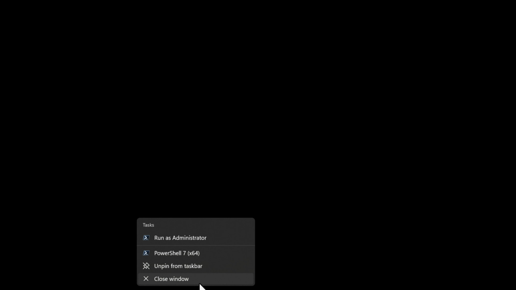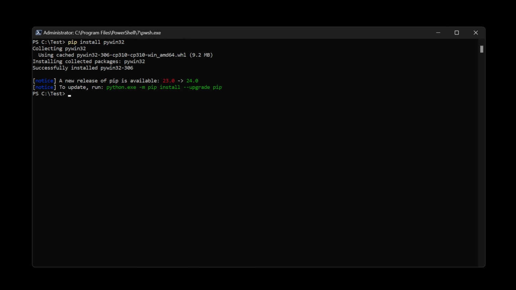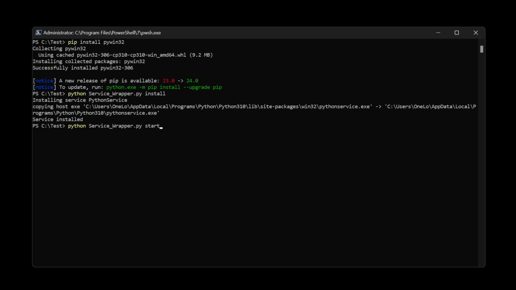Okay, so we need to open up a terminal with administrator privileges and type in pip install pywin32. To install your service, type in the following. And then to start your service,